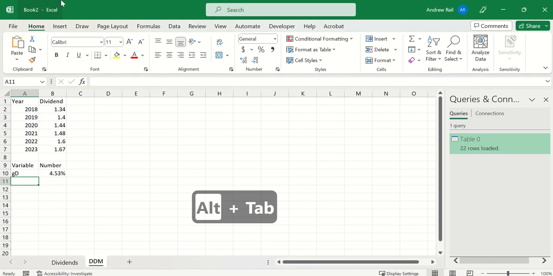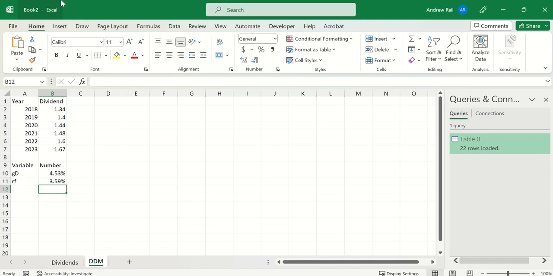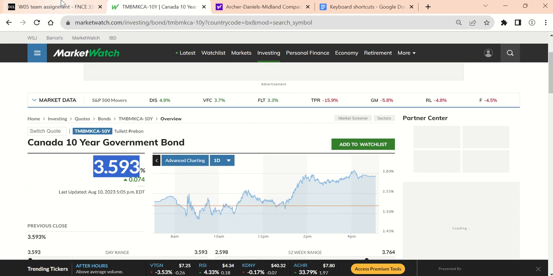Okay. And so I'm going to call it RF, the rate that's free or risk-free. And I'm going to go F2 so I can paste it in the cell and then type my own percent. Good. Then the next one that I want